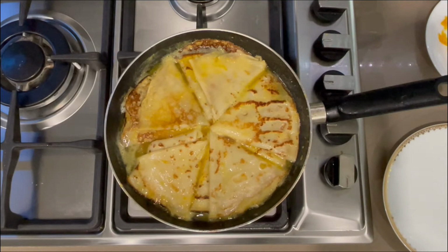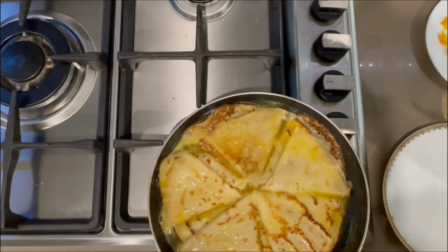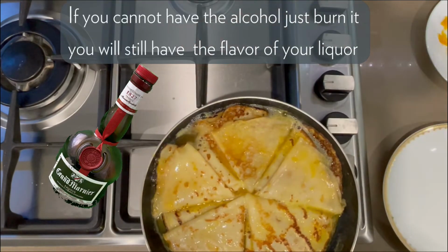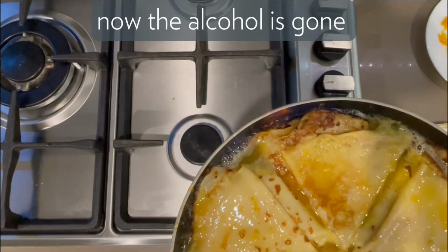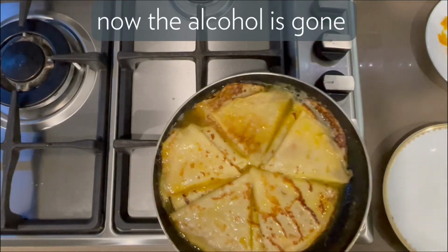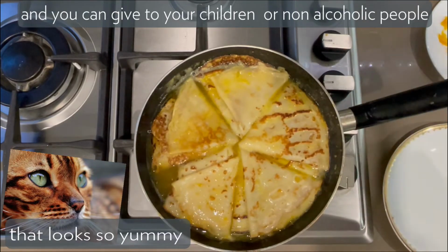So before we do that, I'm going to put the alcohol there and flame. Can you see the beautiful flame there? The Grand Marnier flaming. Now